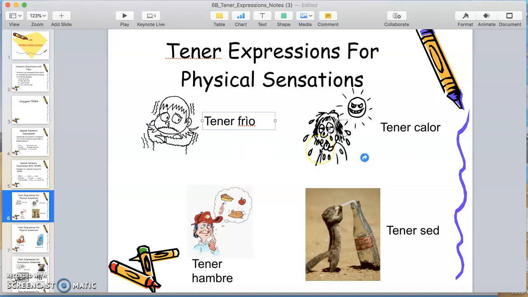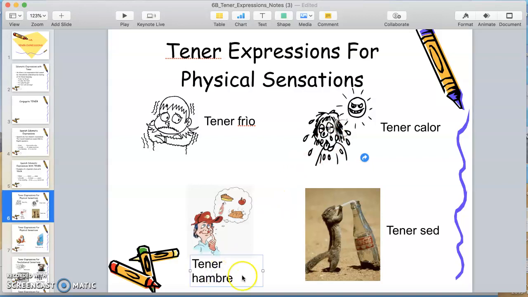All right, so let's go over the opuesto to frío is calor. The opposite of cold is hot. So tener calor, this guy over here, with the sun beating on him, and something coming off of him, that's sweat. So if I'm looking at this without a teacher there, I think to myself, he's probably sweating. Okay, so tener calor equals to be hot.